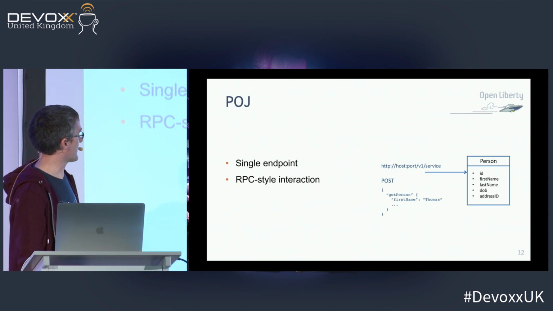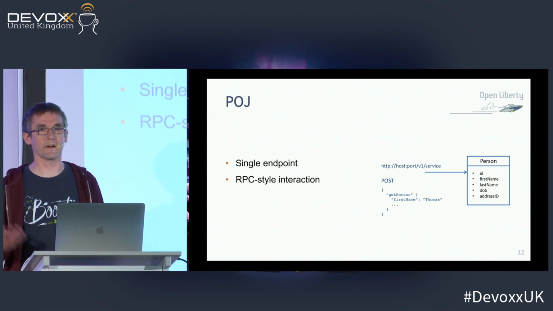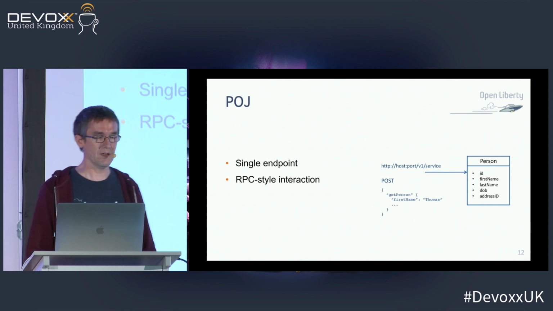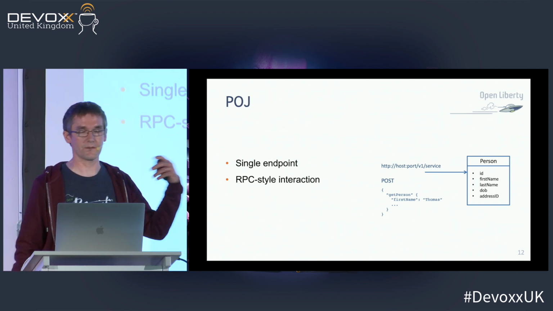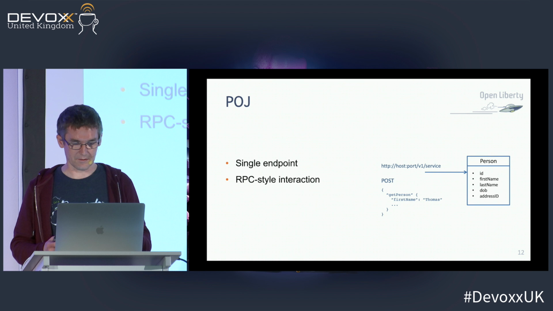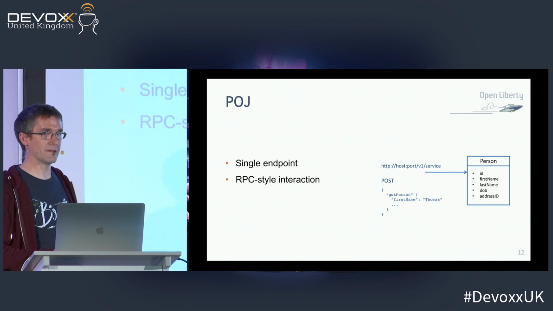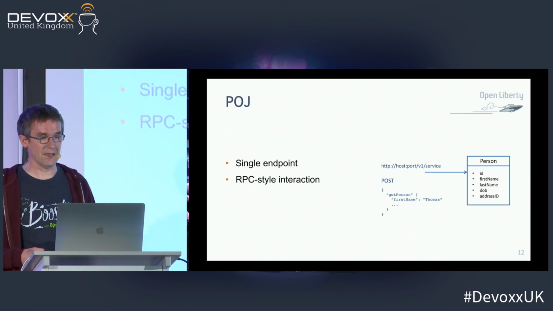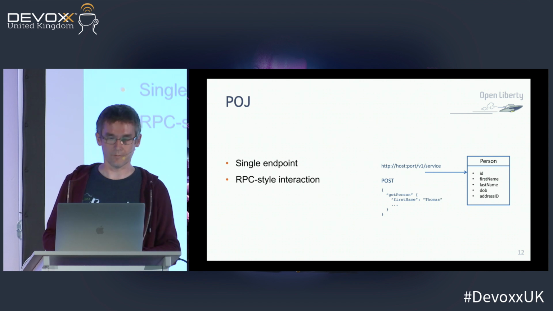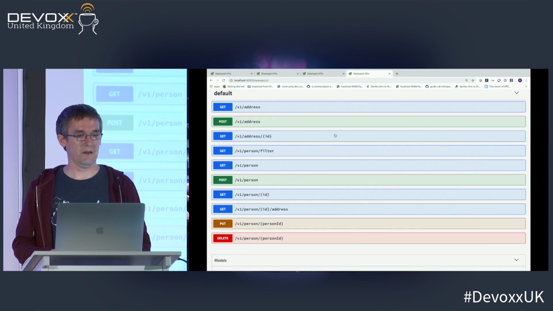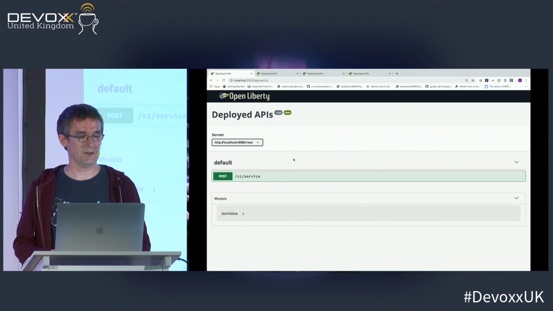So here we've got a method called getPerson, and we're providing some data as part of this query, and that's going in the body of the POST request, and we'll get a response back. So what I'd like to do with each of these things is show a little bit of demo, and as we go through, we'll see how the different layers become more helpful to the developer. All right, so the first one, this one, Swamp of Podge.